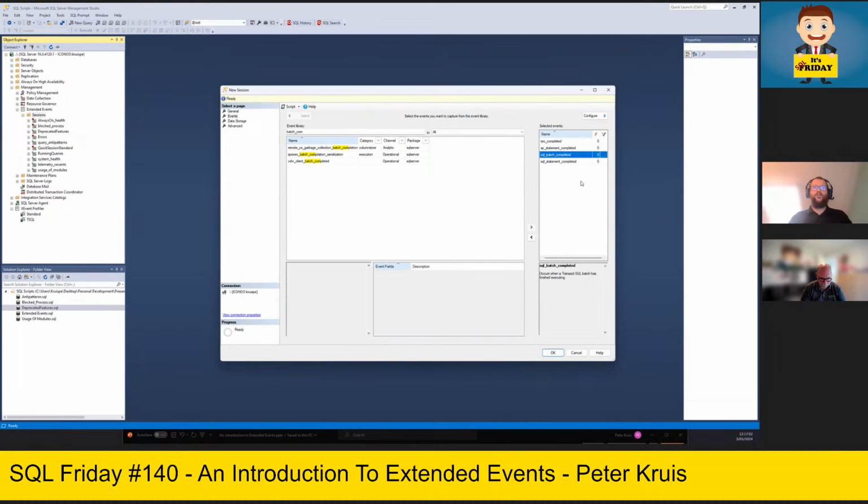The SQL batch is when I run a query inside, for example, Management Studio or not pre-processed. And the SQL statement completed is when I have a batch and I have multiple statements in it, it will filter them all. So for now, I have 4 events, and I might be able to start it now, but that's the point. I might have some overhead. I'm on a local machine. I'm a daredevil. I would do it here. On production, it definitely is better to press the configure button first.